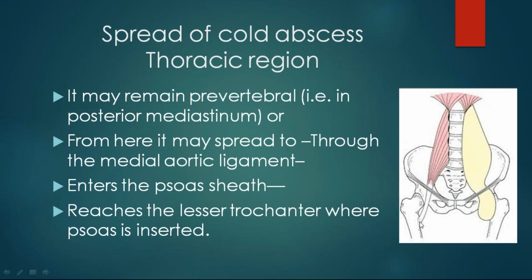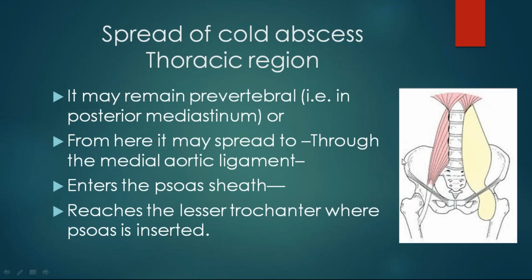Okay, this is the yellow thing you are seeing. It's a psoas abscess. Okay, psoas abscess will be this big. So it may spread along the psoas sheath and the femoral vessels into the femoral triangle, and even it may pass backward into the gluteal region through the gluteal vessels. As you can see, it may spread retropharyngeally, even in the neck, axilla, beside the vertebra, paravertebral, and even it may be present in the